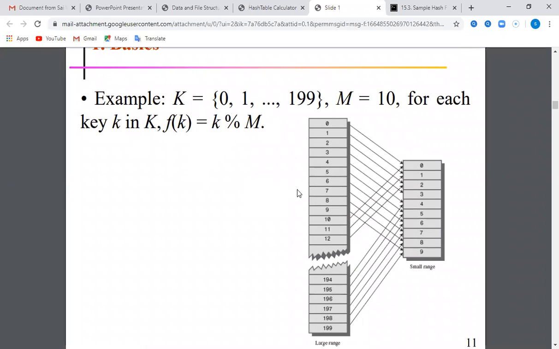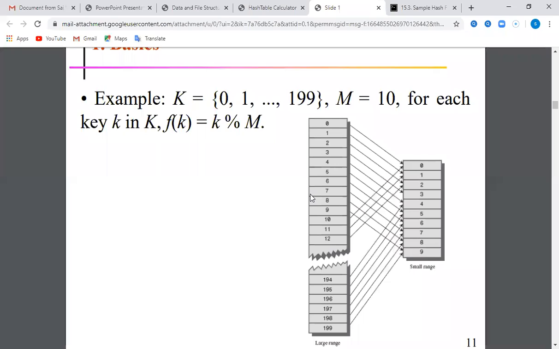Suppose we have the key values 0, 1 up to 199. So what is the maximum size of the hash table? M. This is the division method. Are you able to see all of you?